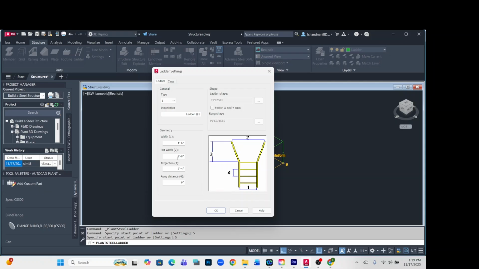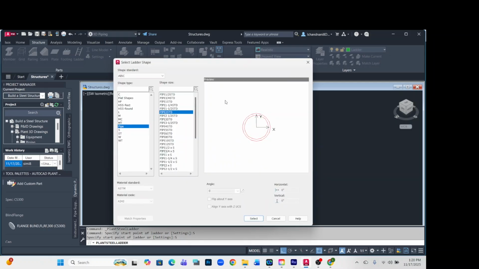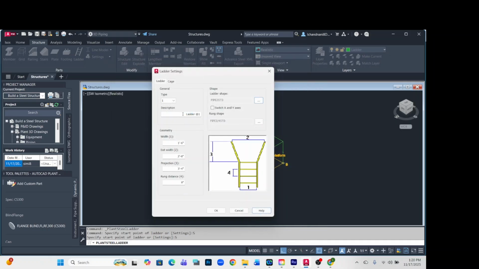So I have an exit width of 2 feet and 8 inches. For the projection I have 3 feet 4 inches, and for the run distance 9 inches. The ladder shape is what defines the cross section of the steel member that makes up each component of the ladder. So for this purpose I have a ladder shape, that's the pipe shape, and I'm going to go back to the ladder tab,